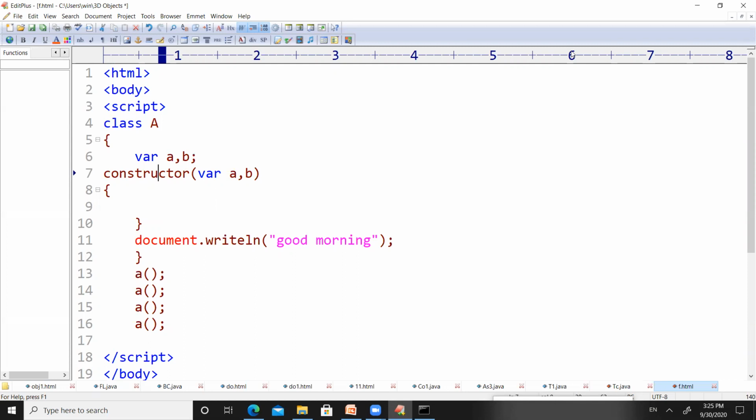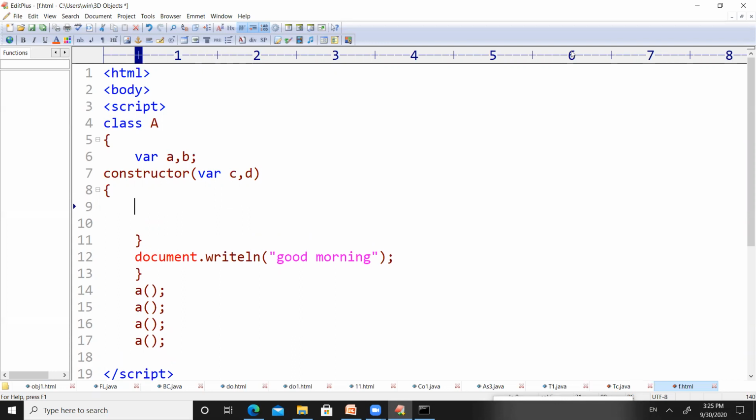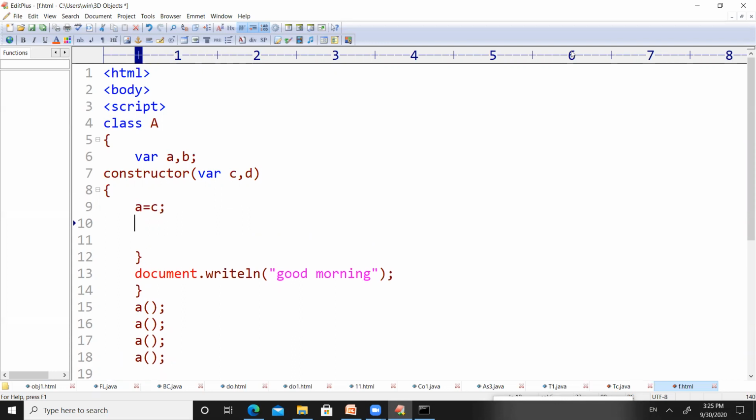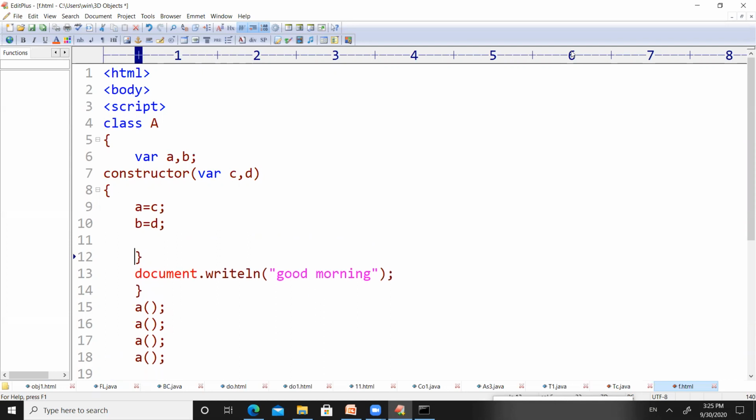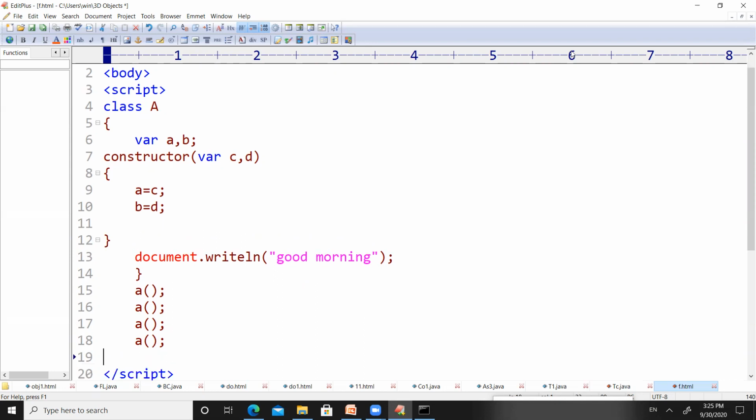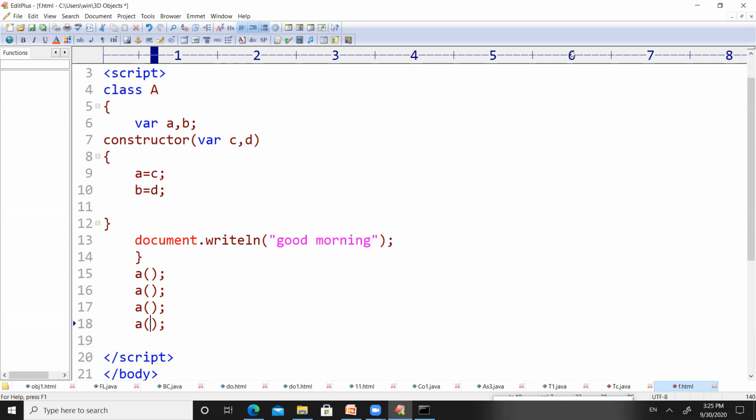Let's discuss this keyword later. Let us have other variables, for example, c comma d, and let us write a equal to c and then b equal to d. So what this constructor will generally do is allocate the value which was passed first to the variable a, and the value which was passed second to the variable b, right?